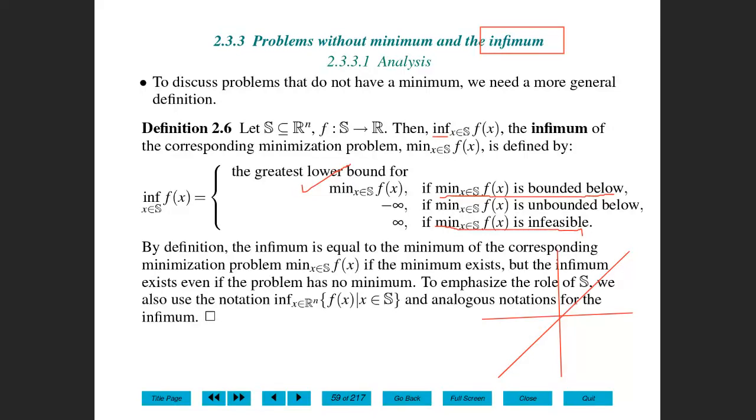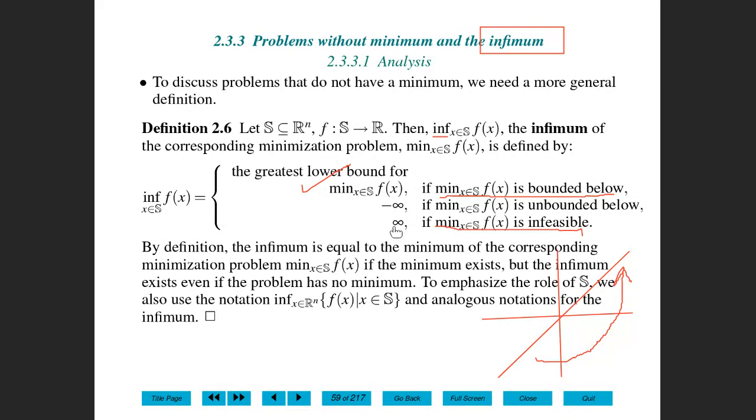So in that case, just remember that we do a kind of flip. From minus infinity, because we are dealing here with the infimum, a minimization problem, we go to plus infinity. This is very interesting, because in this case, even the infimum is still defined. The infimum is still defined, and we write it plus